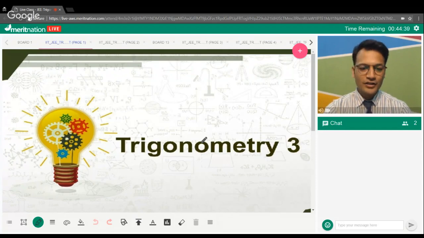Today what we're going to be talking about is, we'll be discussing primarily three things today. We'll talk about heights and distances. We'll also talk about inverse trigonometry, and we'll try to do a few questions on solution of triangles as well. But before moving on to all those topics, let's get started with something which we discussed